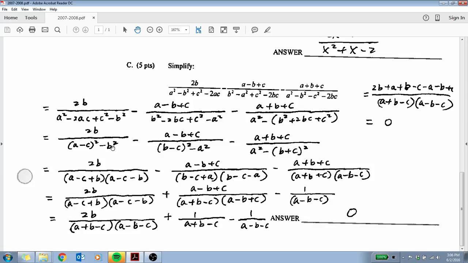end. I do that for each of these fractions, same concept for each. For this one I'm going to put the negative a squared at the end, so that I can factor. I get b minus c squared, which I write right here. So b minus c quantity squared, and then the minus a squared goes at the end. And then for the third fraction, I'm going to